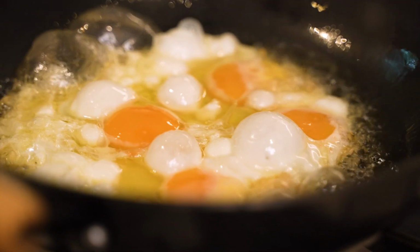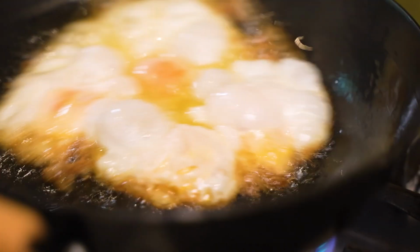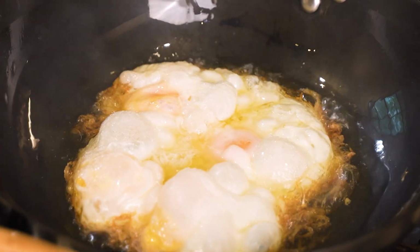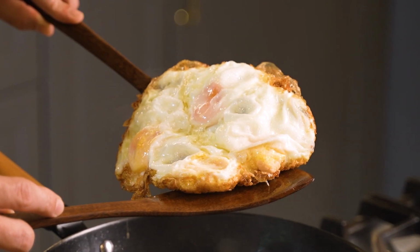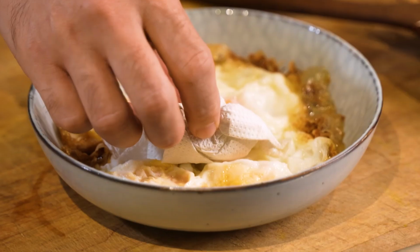We want that egg white to really crisp up all around the edges and turn nice and brown. Beautiful. Turn off the heat and this baby is coming out. You want to try and get as much oil as possible out. All right, if you're still feeling like a little bit too much oil, then you can always dab it